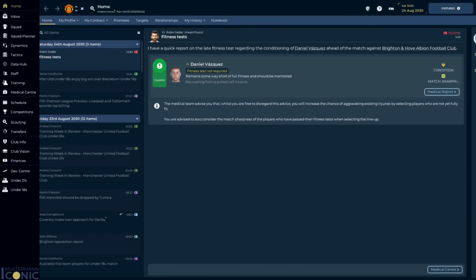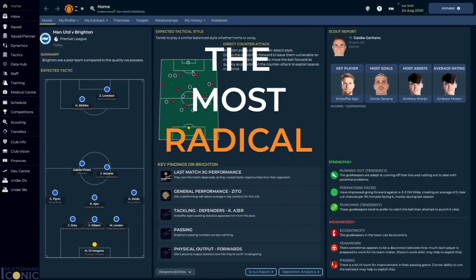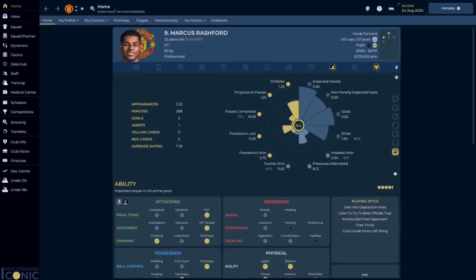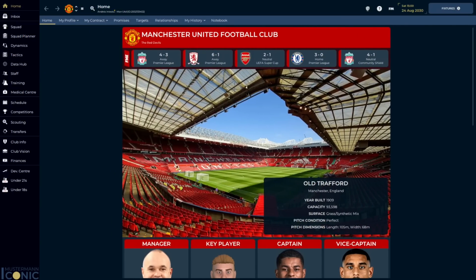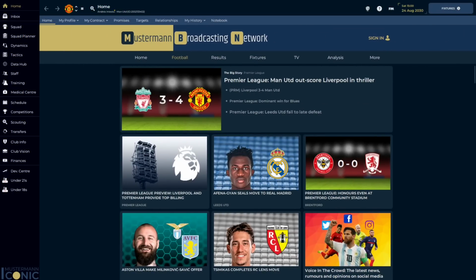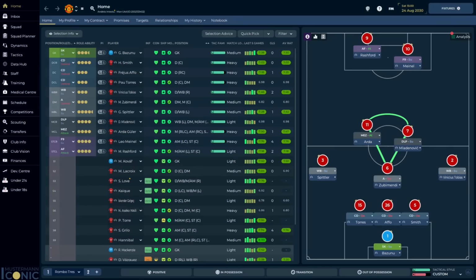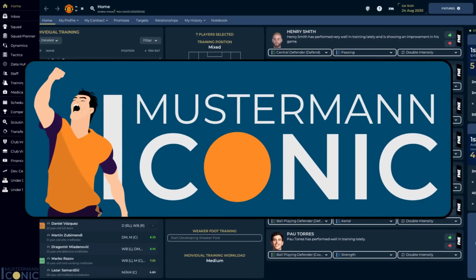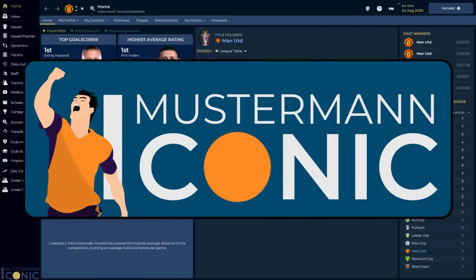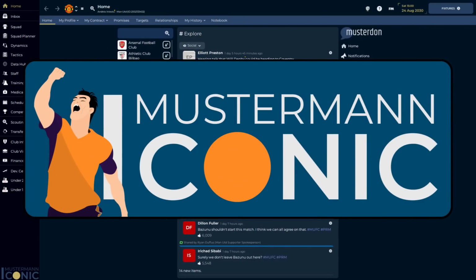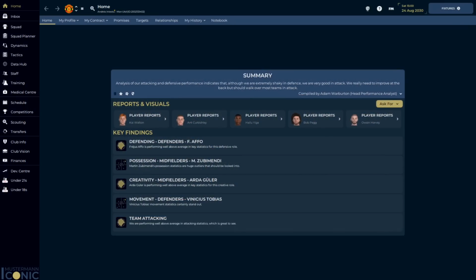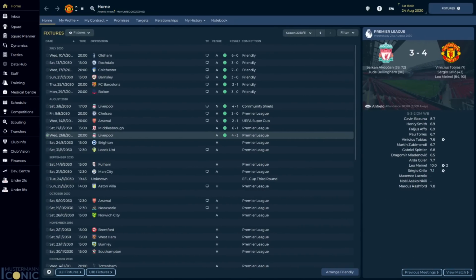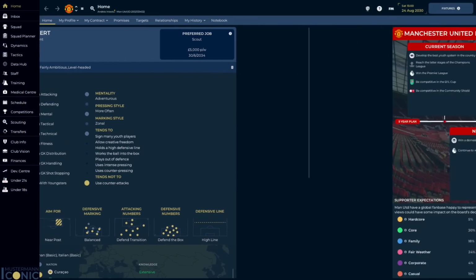This just might be the most radical Football Manager skin ever. Now, I'm wary of engaging in hyperbole, and I certainly intend no disrespect to any other skinners out there, but I am delighted to finally be able to introduce Mustermann Iconic, a pseudo-attributeless skin which completely changes the way you interact with FM. In a short while, I'll go through some of the main features, alongside some of my favourite